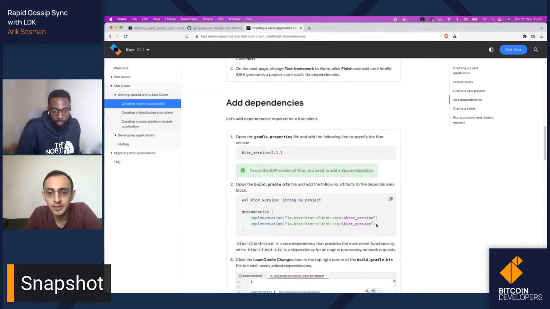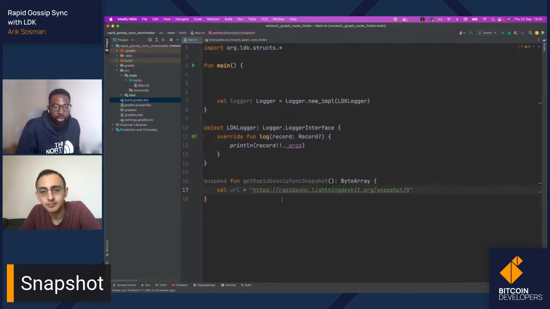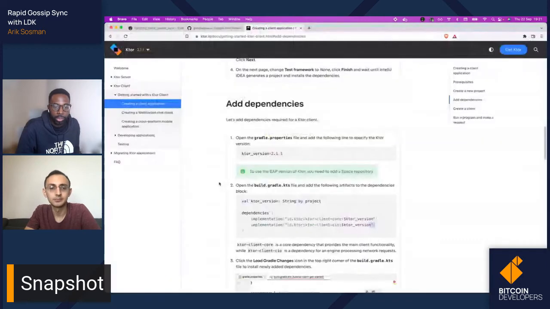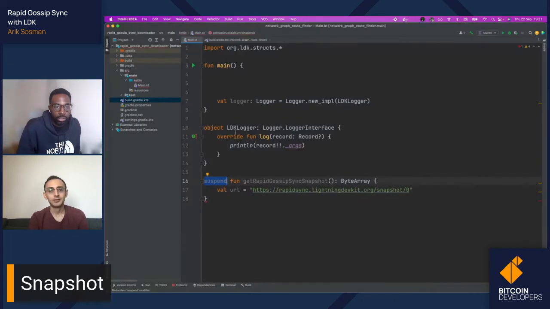It looks like it's blocking. Well, not now because I've put it in a suspend function, so it should be okay. It doesn't matter too much for this example anyway.